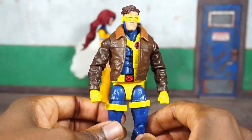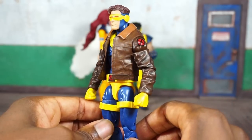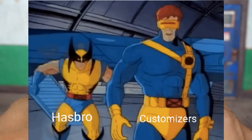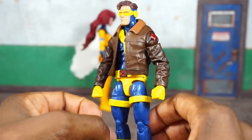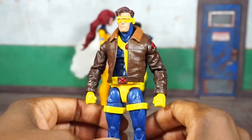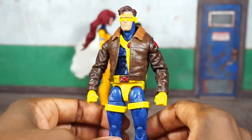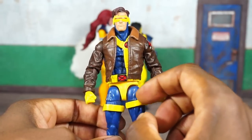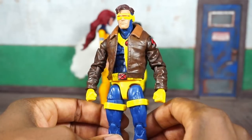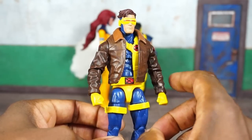Again, I'll have to do some comparisons, but this is something that Hasbro absolutely had to have taken from the customizing community. It is no secret that they look at what people are doing, what people are trying to make that they haven't made, and then they'll kind of replicate that. So I'm pretty sure that Dave BX was the first one to do this mod. And then, even though Dave called himself not talking to me because I teased him about buying one of them Jurassic Park dinosaurs, it's all good. Still gonna give you your props, man. I'm pretty sure he did this first, and then